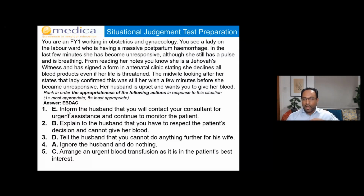You see, if that wasn't an option, it's not "I'd then do this." You're only doing one. If that wasn't there, the next best option, if you could only do one, is this one. Because he's asked you a question and you're explaining, look, I have to respect your wife's decision, because what she's given is what we call an advance refusal. Those are binding in law now. We always had a professional duty to respect patients' wishes, but they're now binding in law, okay? And so, you see, you explain it, but you see, this one,